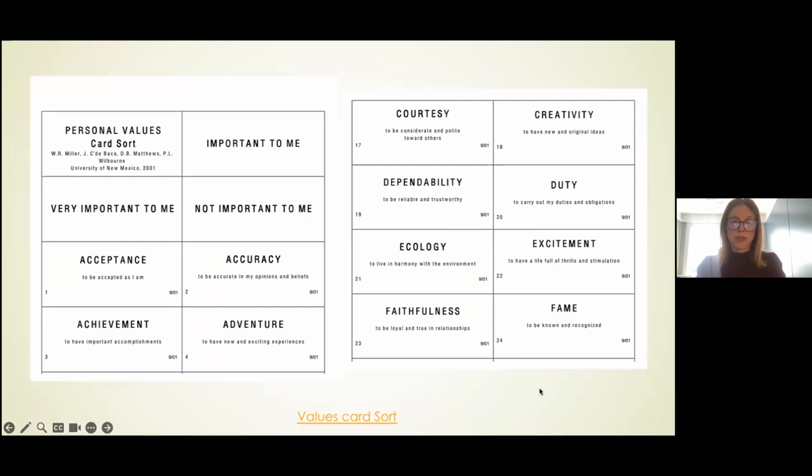Another one that people may be familiar with, getting back to exercises, is the values card sort. This is just a screenshot, but you can print this off and cut out all the different cards, and then you ask people to organize their values into very important, important, and not important. And then you keep asking them to filter through all the cards until they get down to a certain number, like 3. So they go through it multiple times. This one can take a while, but again, depending on your client and what you think they might be interested in, this can be an interesting exercise, because it really asks you to manipulate the cards. Holding the cards in your hand also makes for a really helpful experience.